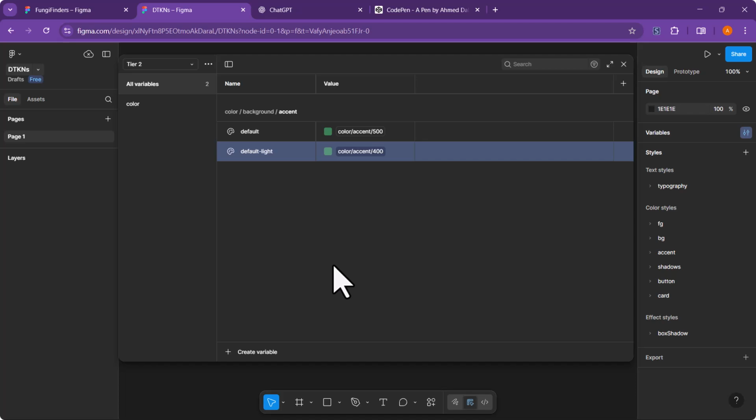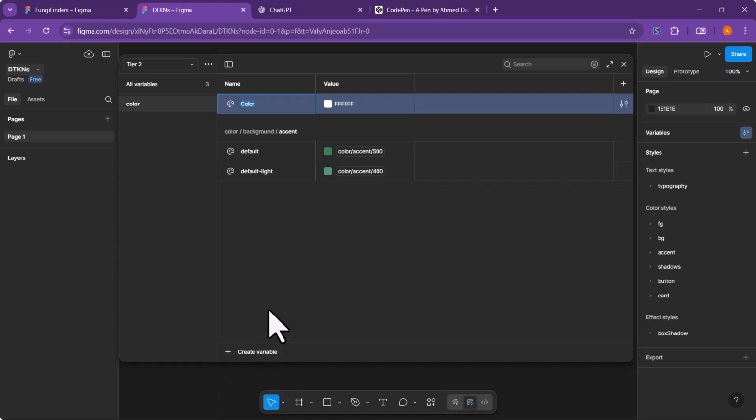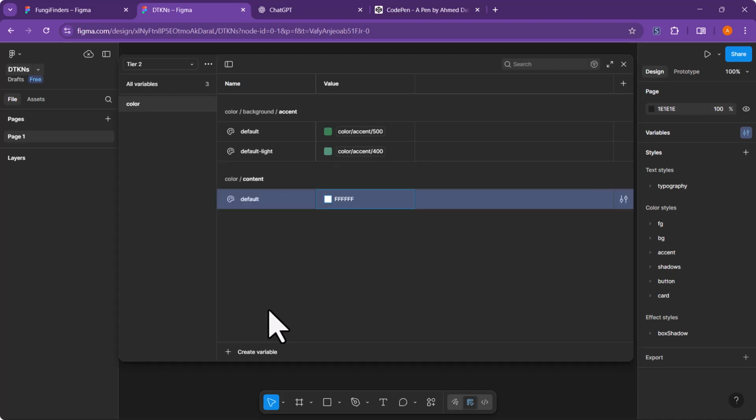Next, we are going to create for our content. We're going to come back to color. We're going to create content. This one is going to be content defaults. I'm going to have content defaults tab.